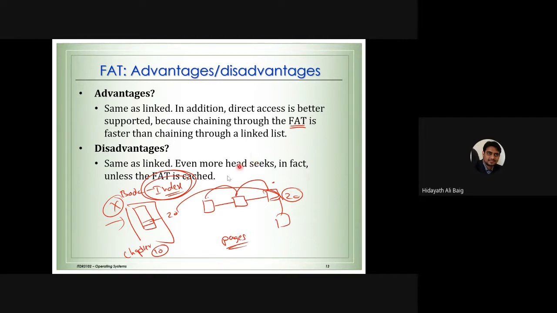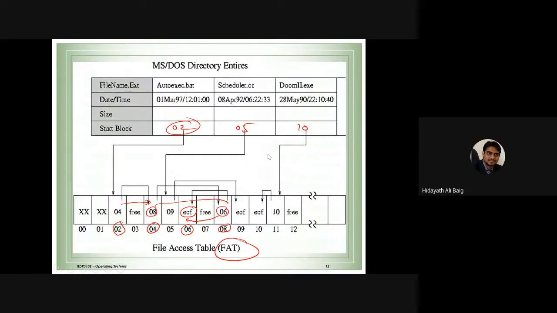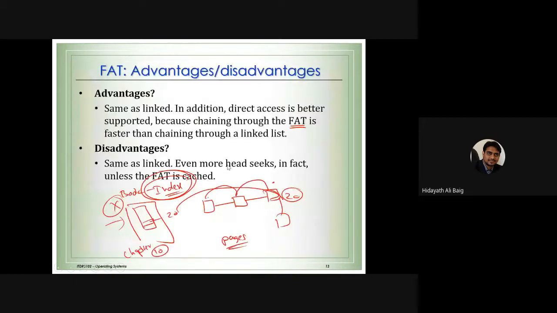Means every time we need to go to the table because it is double work now. If I have to read the data about the file directly, I cannot go to the hard disk. I need to come to this table, I need to see where is the chapter, I mean, where is the file. Then we need to go to the hard disk, which means a lot of work for the operating system to do. It will take a little bit of time, but still we have many advantages of this method. Okay, so that is what is about file allocation table.